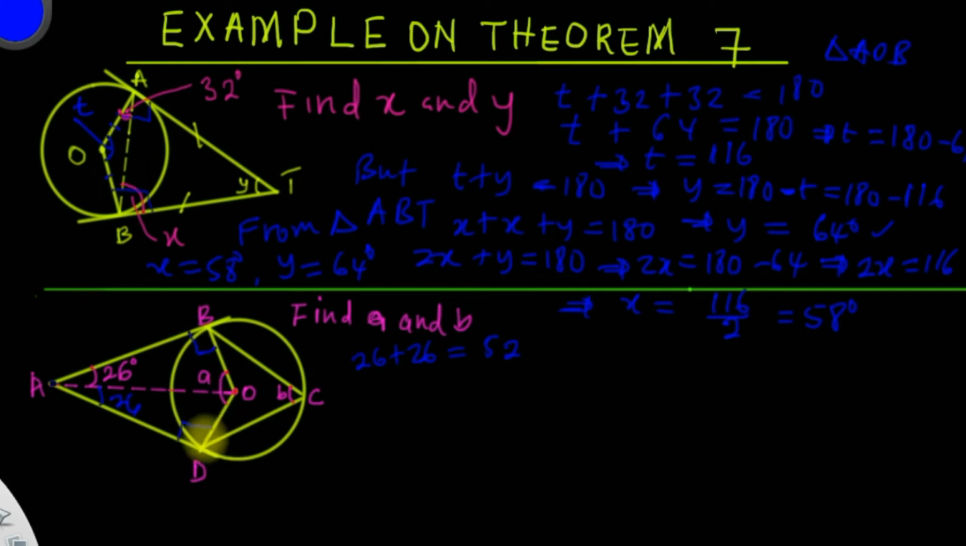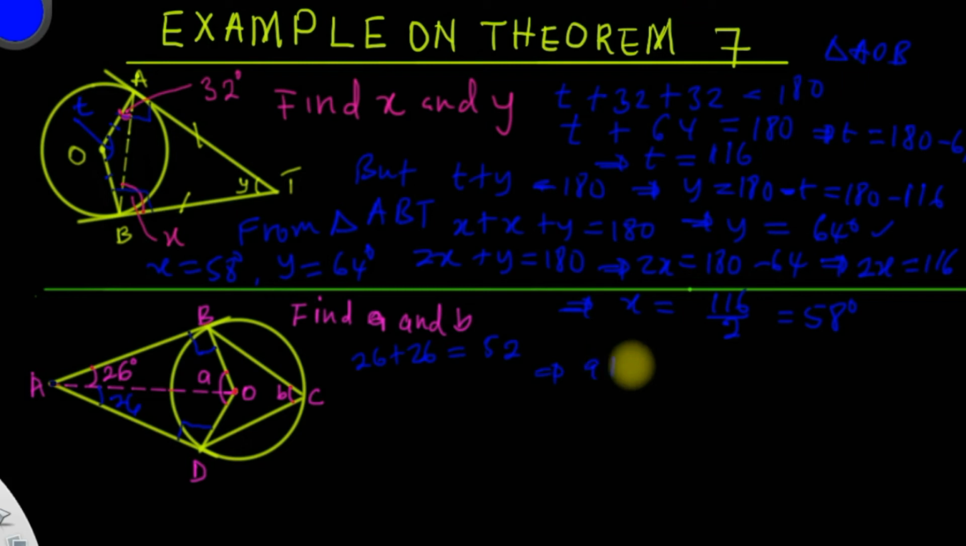Have you seen? So if this is 90 and this is 90, when I add these two angles, I get 180 degrees. So in this quadrilateral ADOB, when I add A to this 26 and this 26, I must get 180. So we can say that